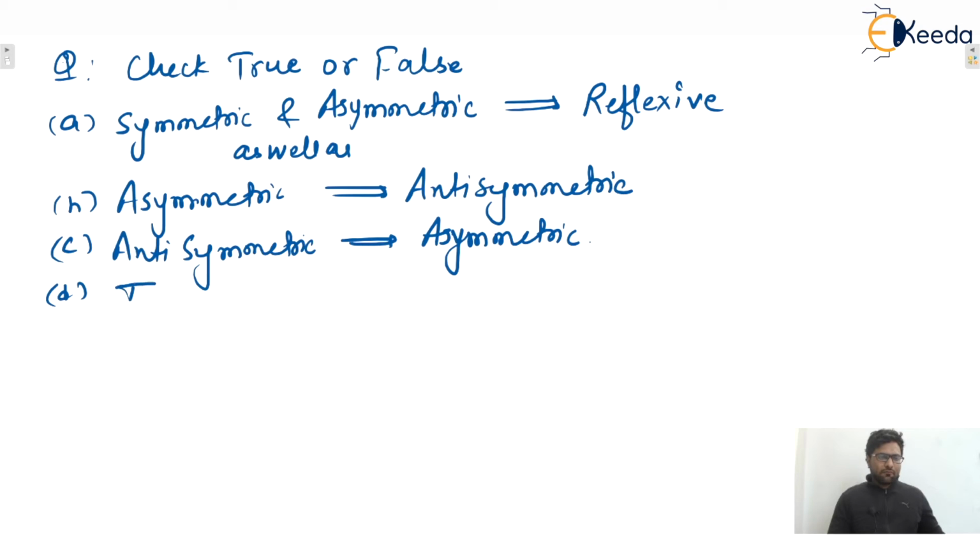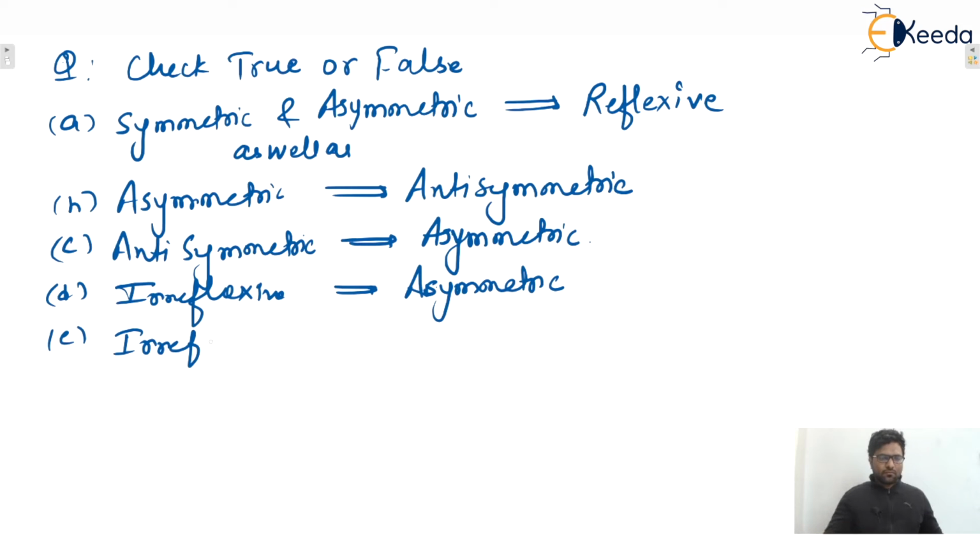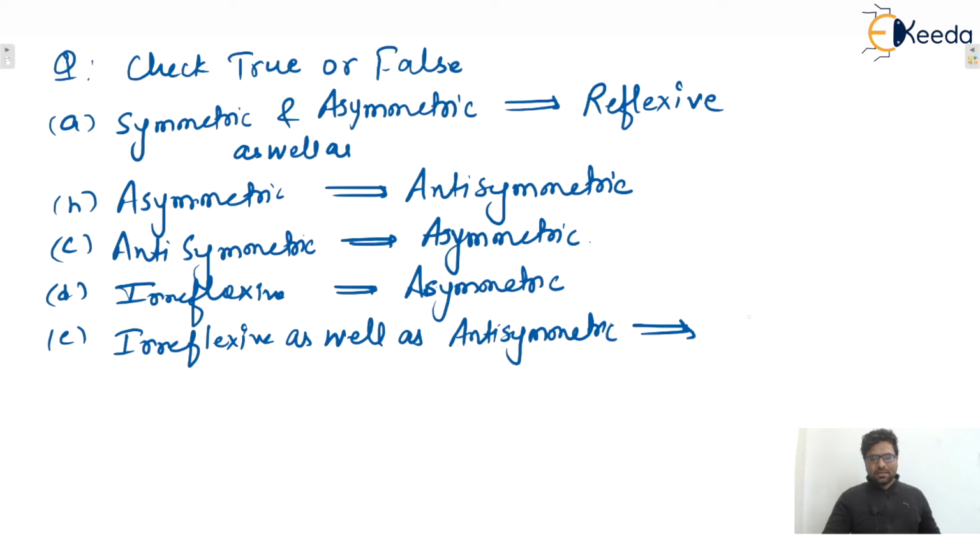And D, irreflexive implies asymmetric. And E, irreflexive as well as antisymmetric implies asymmetric,